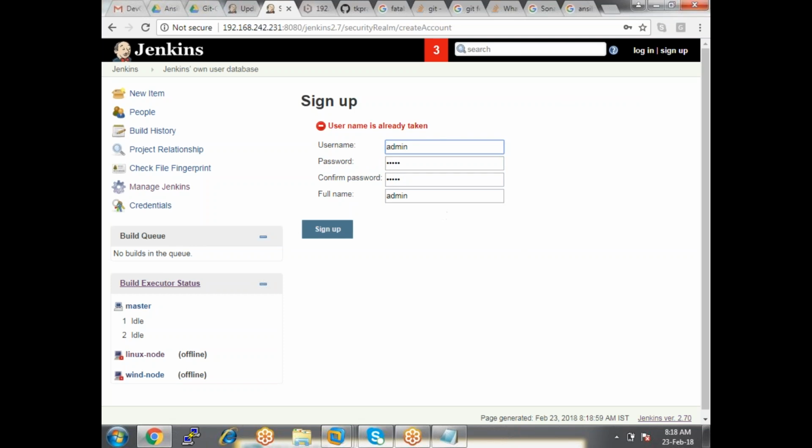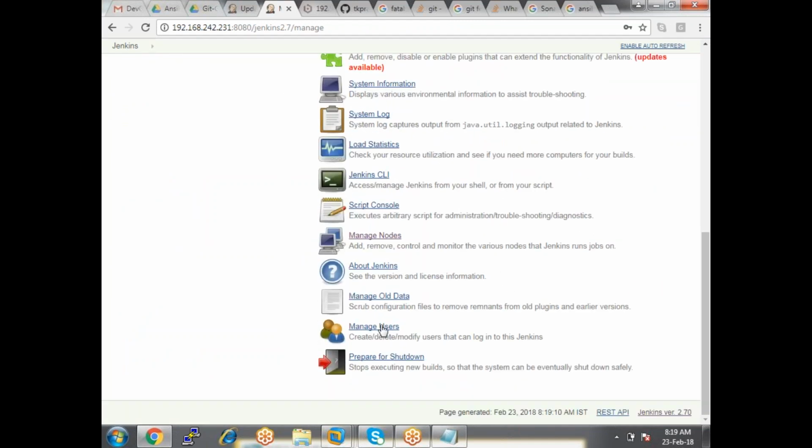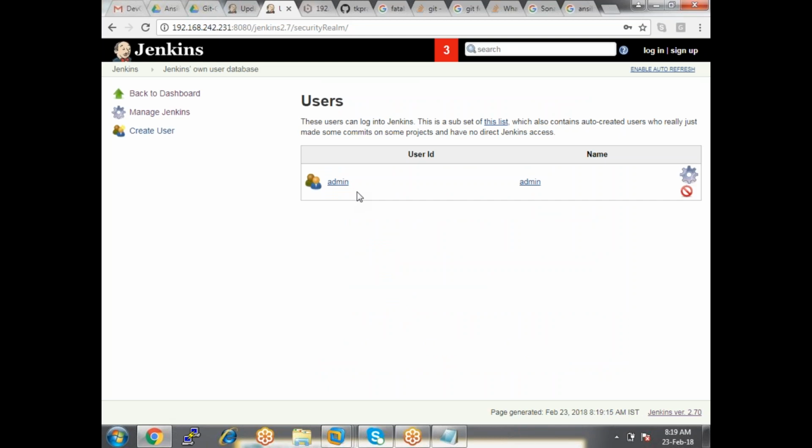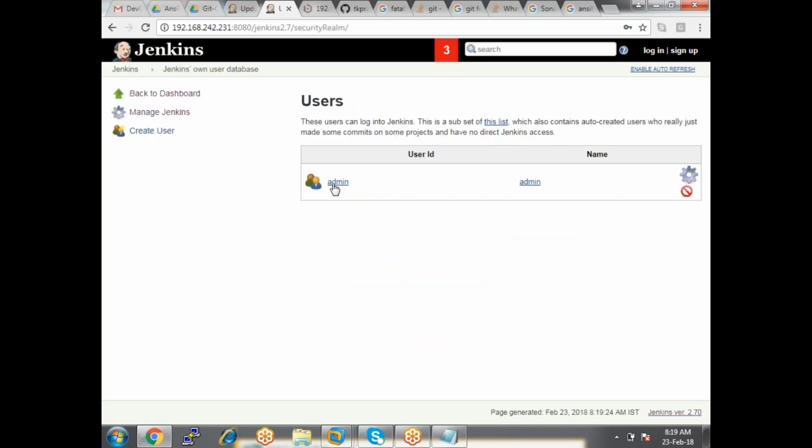Now sign up. It says the username is already taken. Why is it already taken? Let me check this out. Yeah, so it comes by default. If you look here within manage users, this user comes by default. If you want, you can delete this user, no issues.